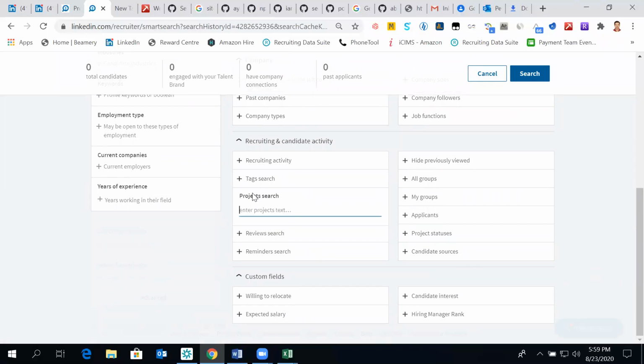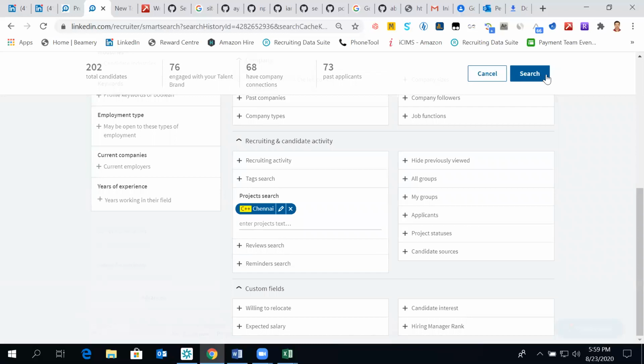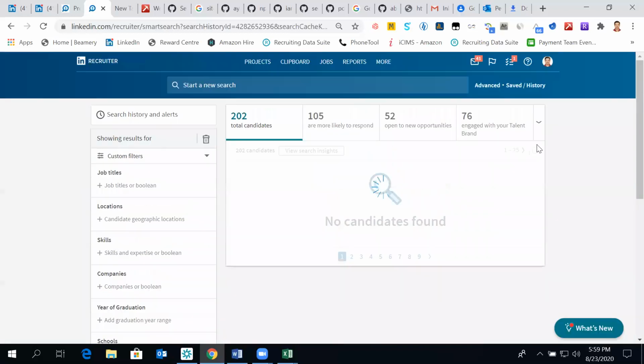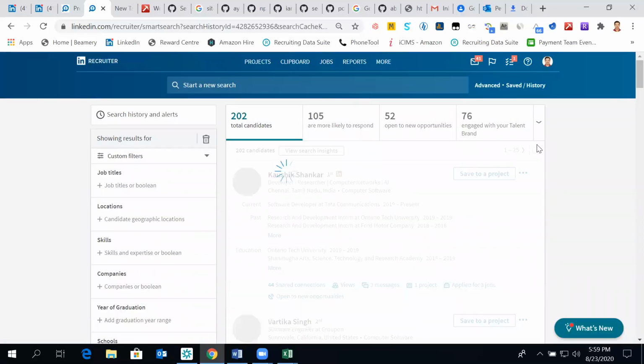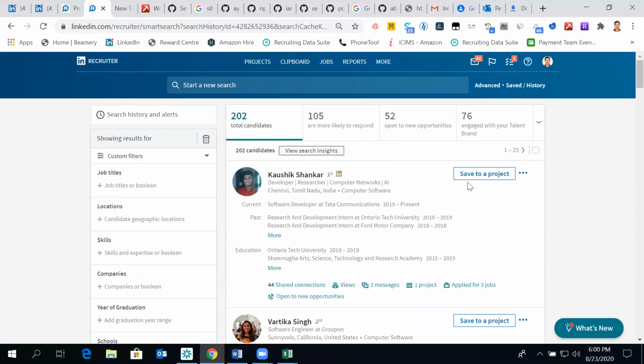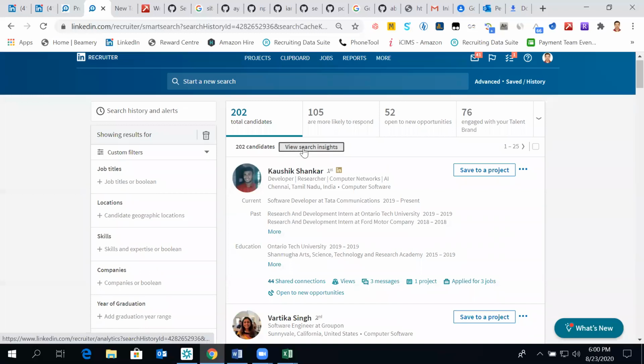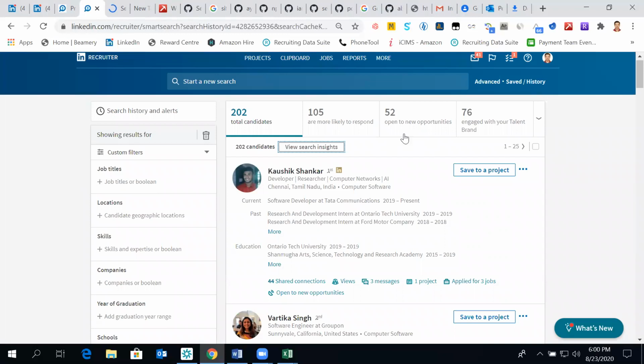is called project search. So whatever candidates we have imported in this particular project, only those candidates are coming in over here. And from those, 252 are open to new opportunities and 105 are likely to respond.